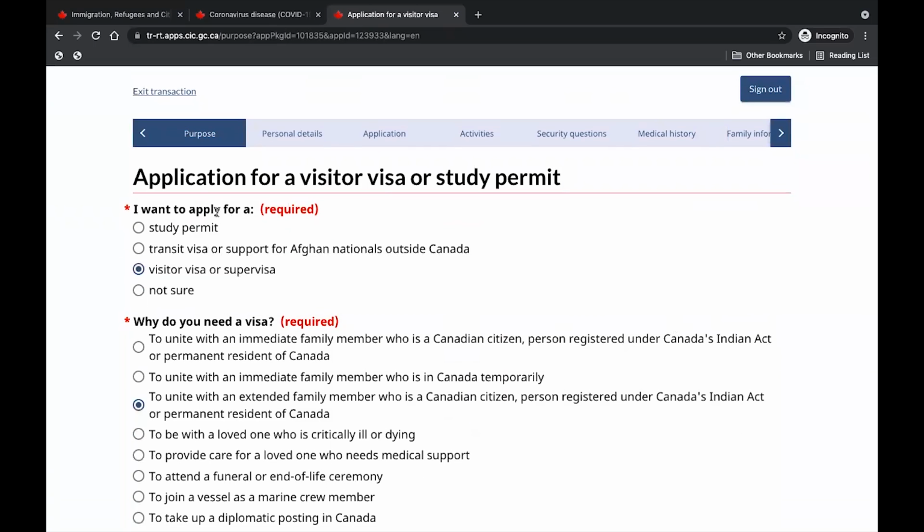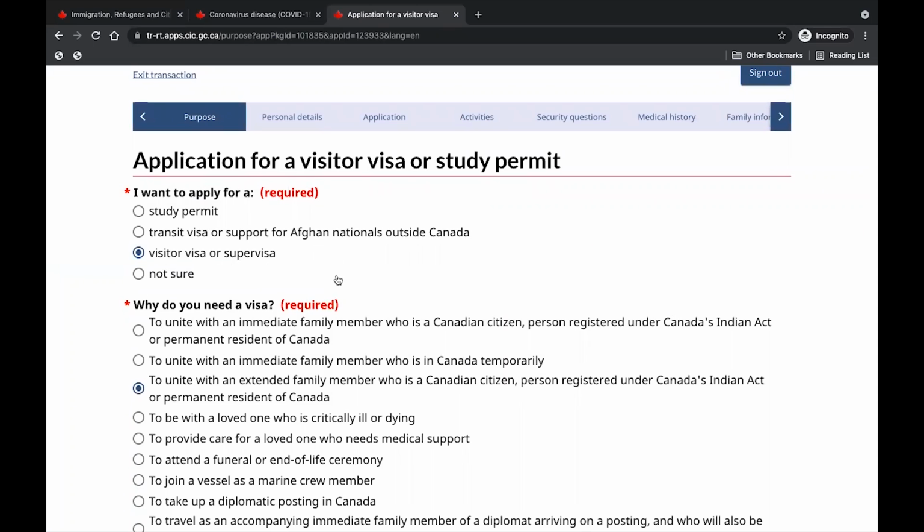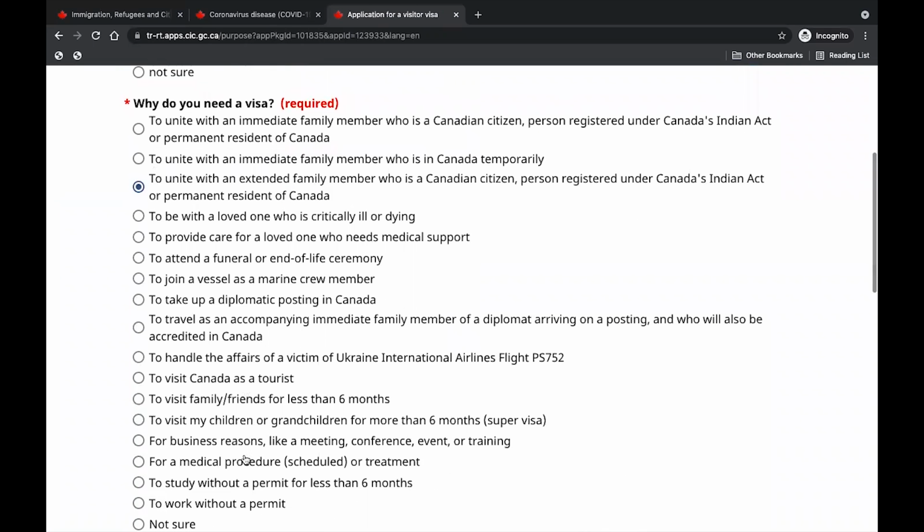Then it's going to ask you, application for a visitor visa or study visa. Then you're going to choose visitor visa or super visa. We are applying for a visitor visa. And then it's going to ask you, why do you need a visitor visa? Then you are going to choose the options, just like the same way you answered the question at the beginning